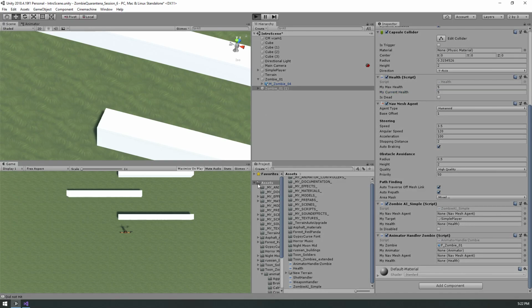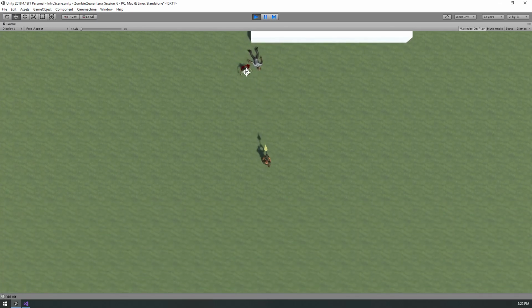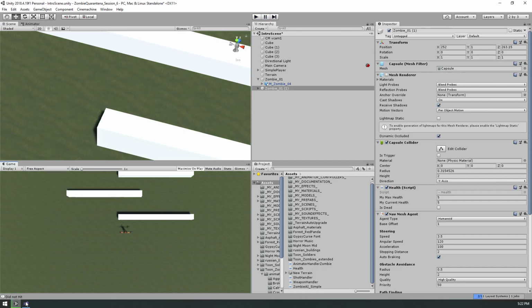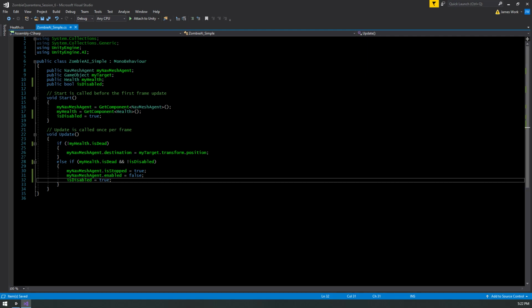Okay, let's press play, and yeah, the problem is he's okay. So what's happening now is the NavMesh agent is still setting its destination to me, so it's not stopping until it reaches its last destination. So we're introducing problems by changing the logic, because this worked just fine a minute ago. Okay, so